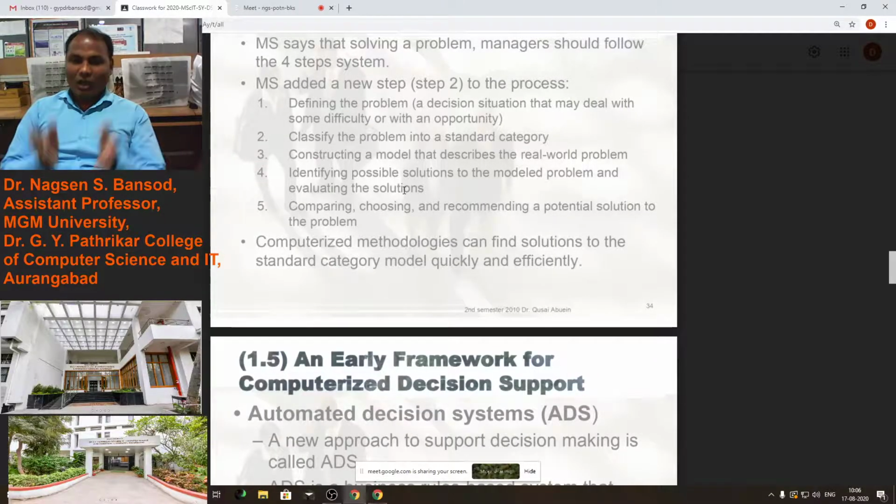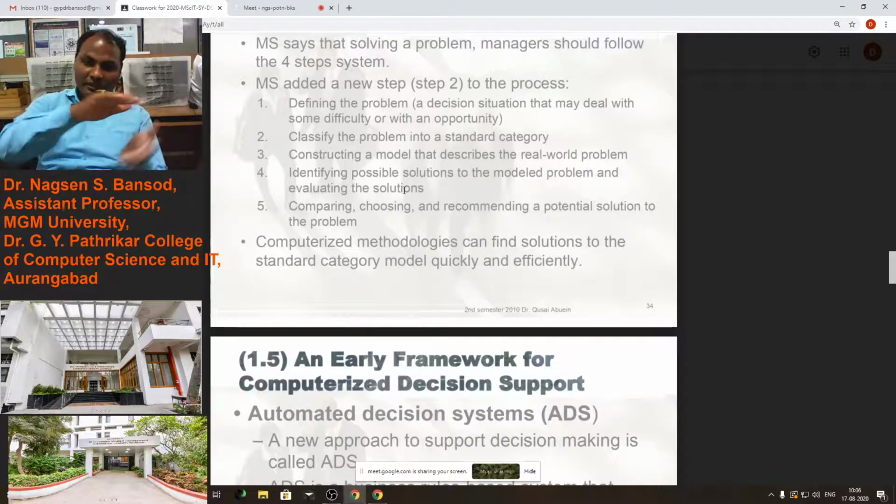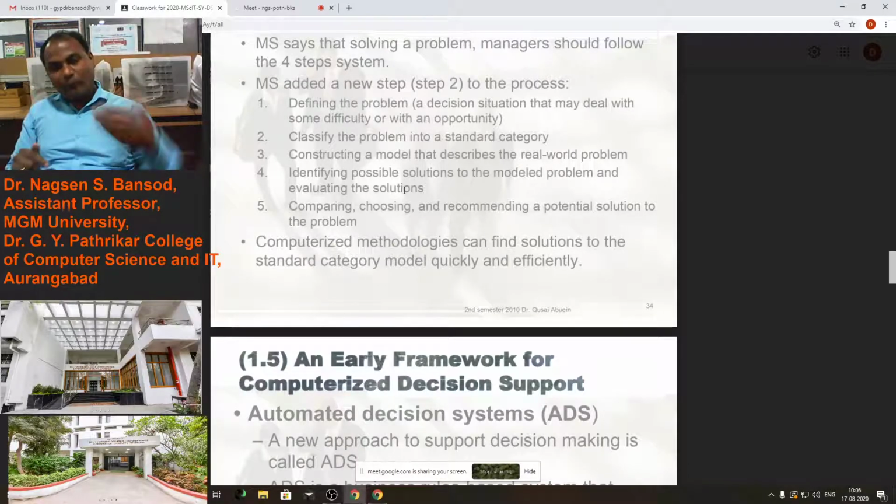Then identify in which direction we can implement that model, in which direction we can give the solution to that model. For example, by increasing the employees in our company, can we provide the proper product to customers, or by minimizing the products, or by changing the colors, or by changing the steps of development, or by changing the employees, can we provide it? All those solutions we have to apply, evaluate and identify.